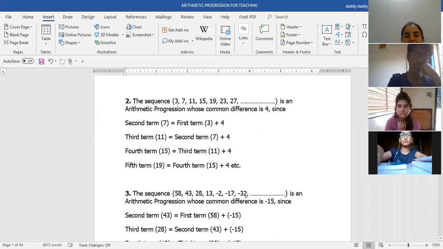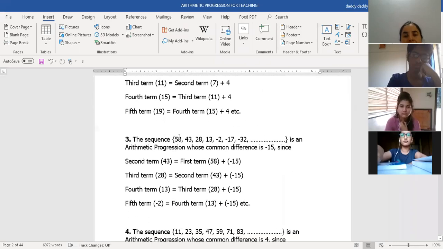Now here in the third one, let's see what is the difference. You see your first term is the biggest number. After that, the numbers keep getting smaller. So finally, you will reach a stage where from positive, you will go to the negative zone, and all the numbers after minus 32 will also be negative because the chain is showing a descending order. Your initial terms are bigger, and your terms which are after a few terms, they are getting smaller and smaller. But again it is an arithmetic progression as long as it follows that rule.